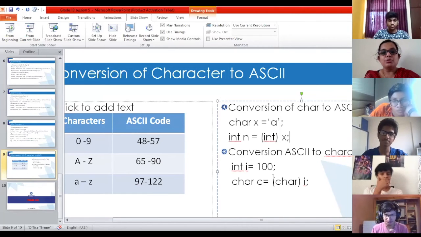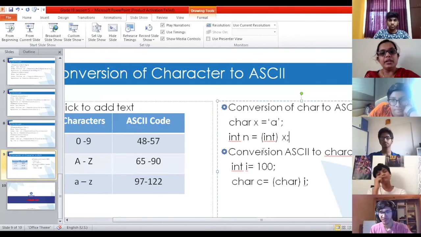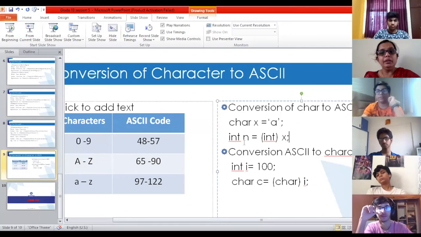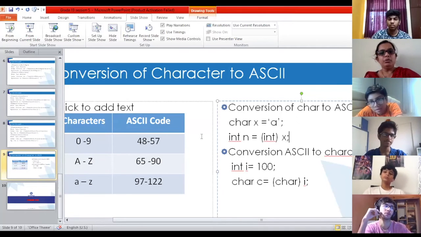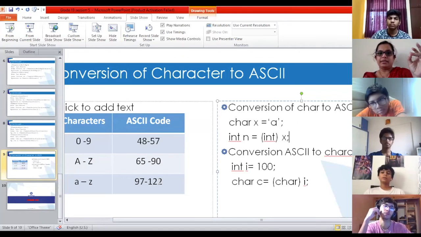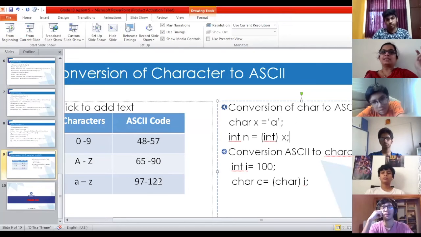So here you are converting the character value to an integer. This is the explicit type of conversion. So what will be the value in variable n? Here we can see 97. Z is 122, Y is 121, and so on; X is 97.